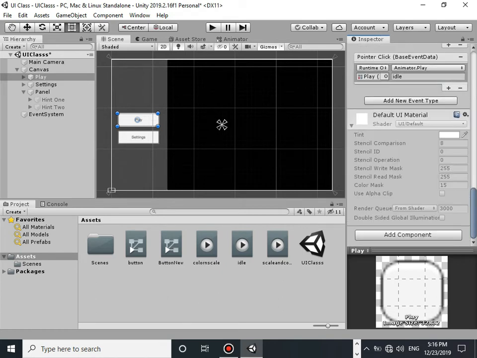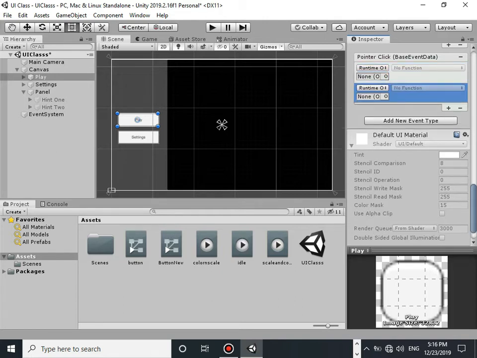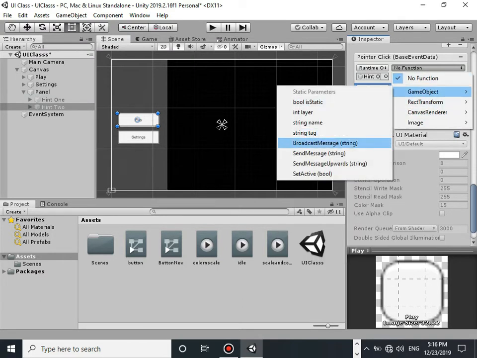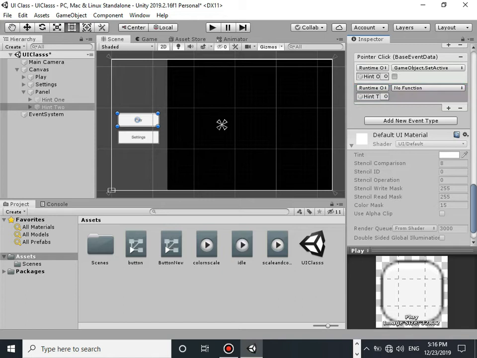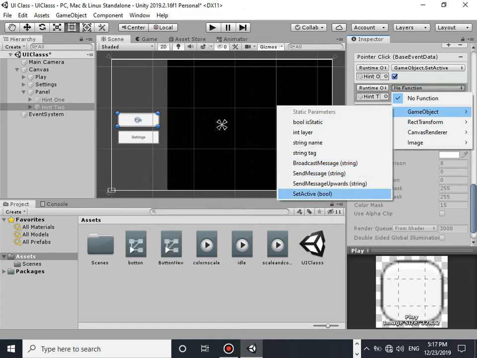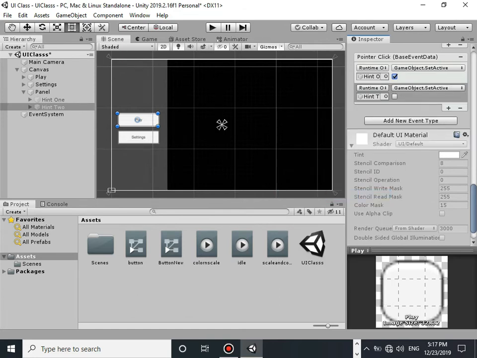We don't need this anymore, I guess. We're going to add two fields, and for this we're going to drag this one in, hint 1 and hint 2. Now what we want to do is go to game object and just say set active to true for hint 1, and then for hint 2 we want to go to game object, set active to false. Now